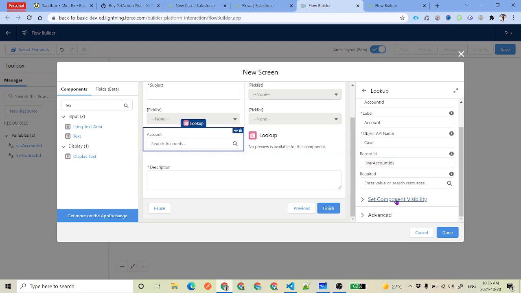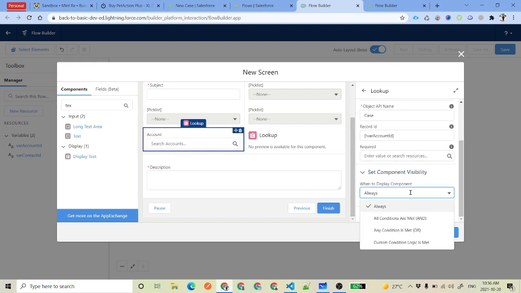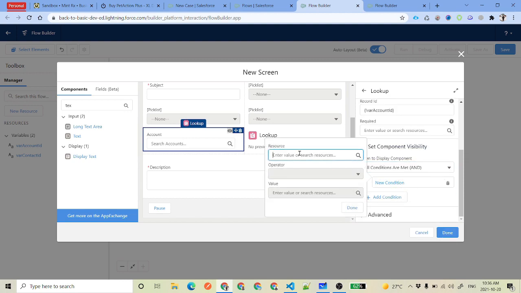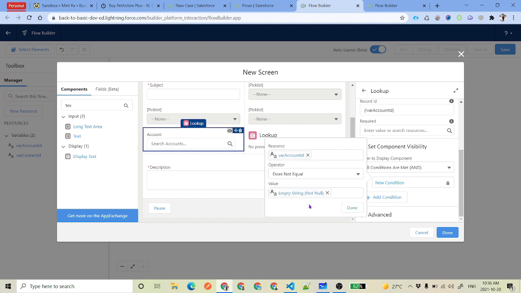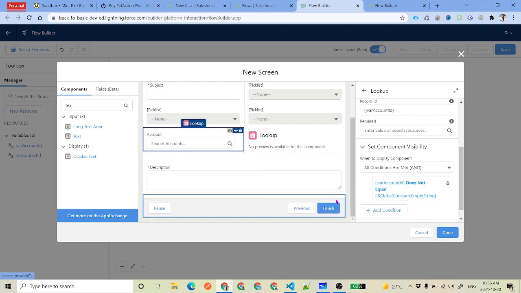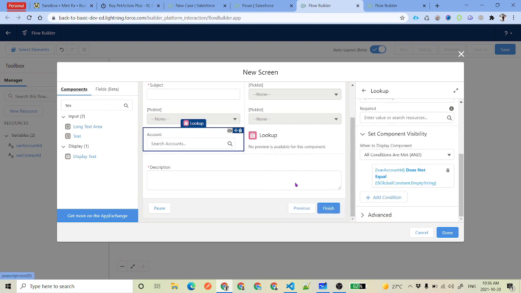Then we will add the visibility. We will select new condition, and say that if variable account ID does not equal null,